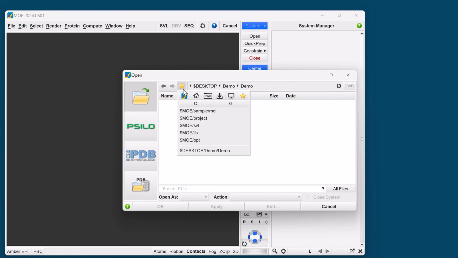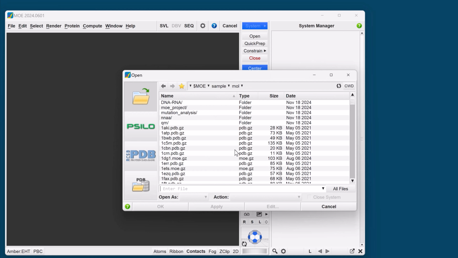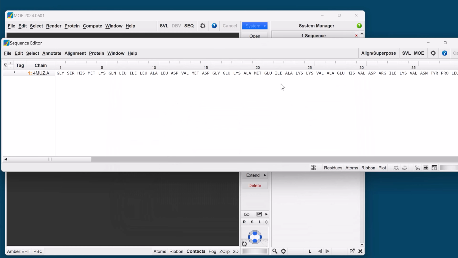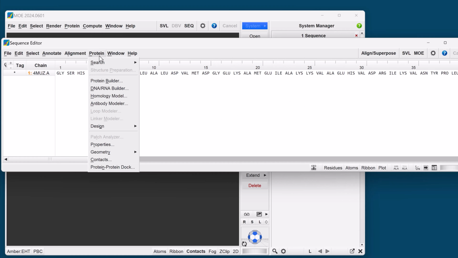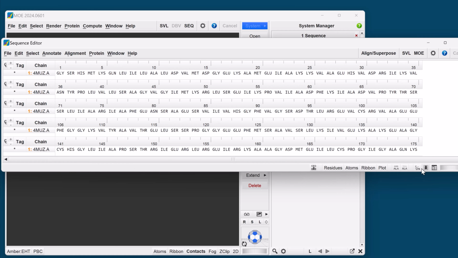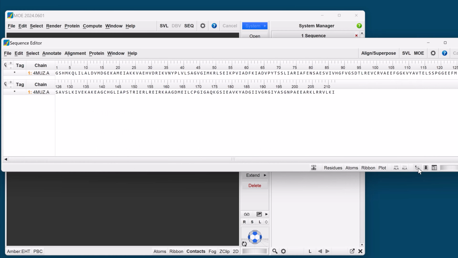So I'm just going to go ahead and grab the sequence that we'll be modelling. And MOE will auto-detect that this is a sequence, and therefore it opens directly in the Sequence Editor, our launching point to the various protein modelling tools that we have in MOE, including the Homology Modeler. Before I do that though, I'm just going to wrap our sequence and switch to the single letter code,